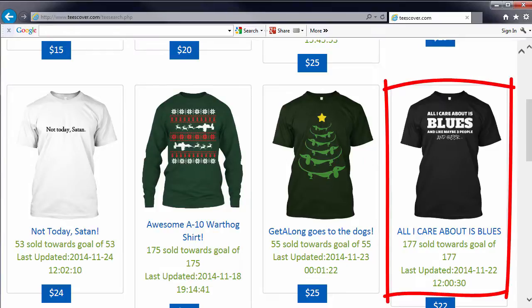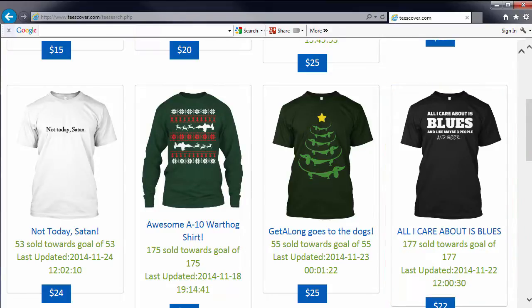For example, on a shirt like this one, it has just one color print. You make about $12 minus what you spend on ads on Facebook. So at 177 shirts sold times $12, that's $2,124. You usually spend somewhere between 35 to 65% of that on ads.